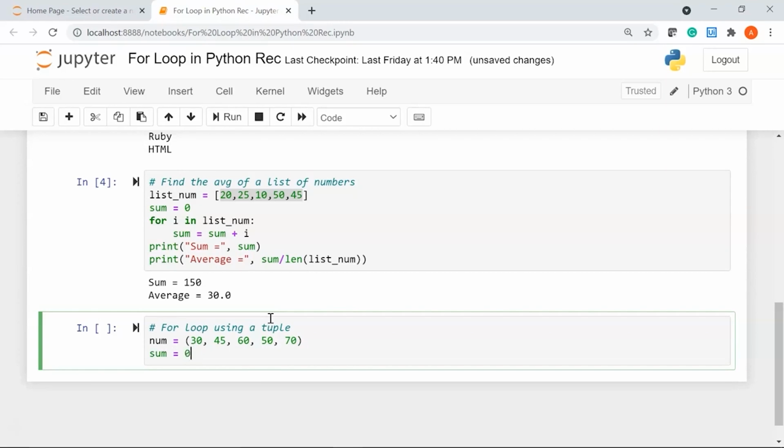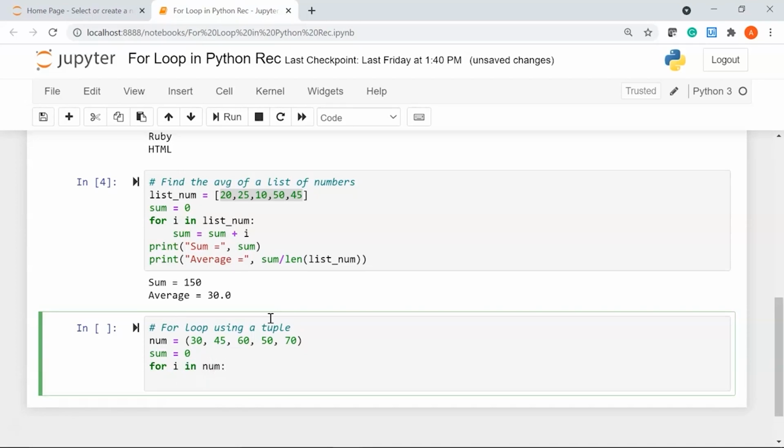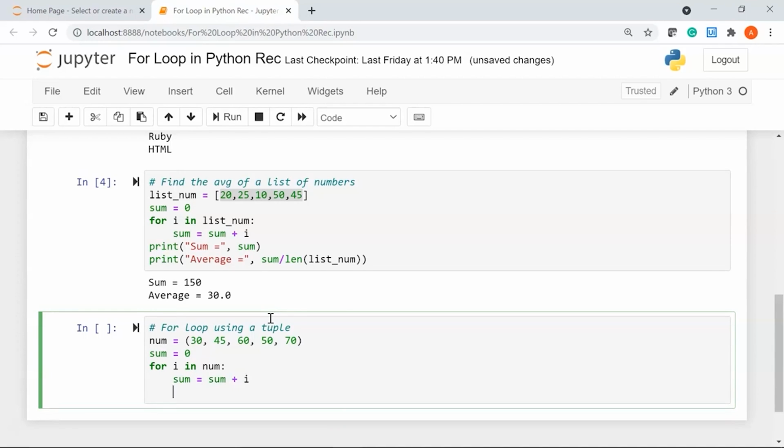I'll say sum equal to 0. Then we'll have our for loop for i in my sequence, that is num. I'll say sum equal to sum plus i. So here we are just adding the values that are present inside the tuple. I'll say print sum.